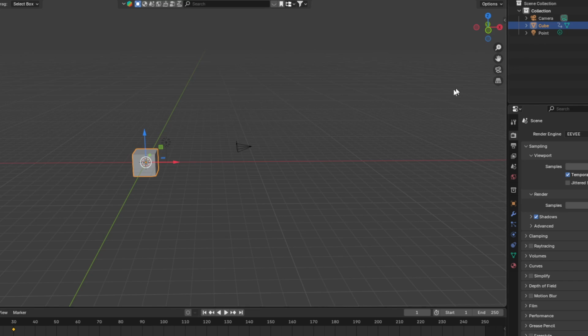Now we have our first animation, and so the basic animation is ready. As you can see, there are two points in the keyframes. The first one is in frame 1, and the other one is in frame 30. If I click play animation, as you can see, my cube moves in